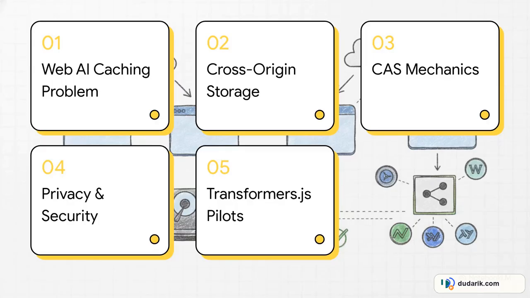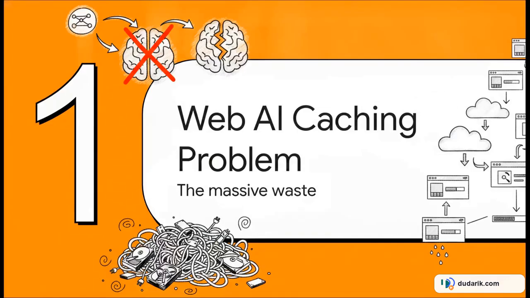So here's our roadmap for this explainer. 1. The web AI caching problem. 2. Meet cross-origin storage. 3. Content addressable storage mechanics. 4. Privacy and security safeguards. And 5. Transformers.js pilots the API. Let's start with part 1, the web AI caching problem, and the incredible amount of waste